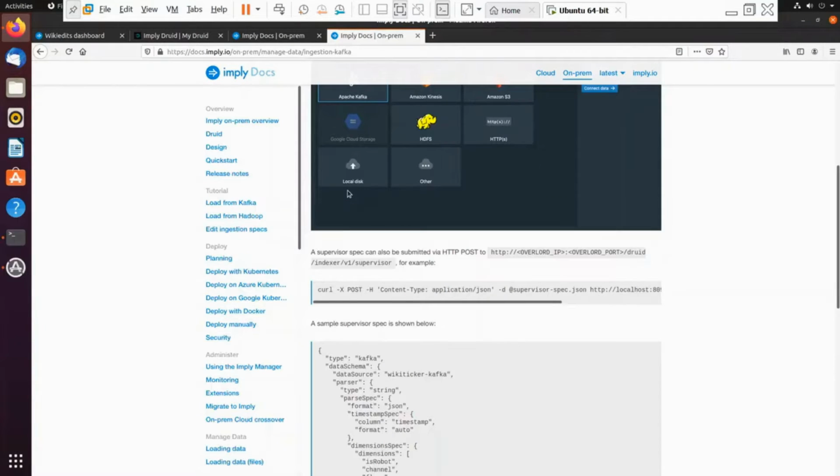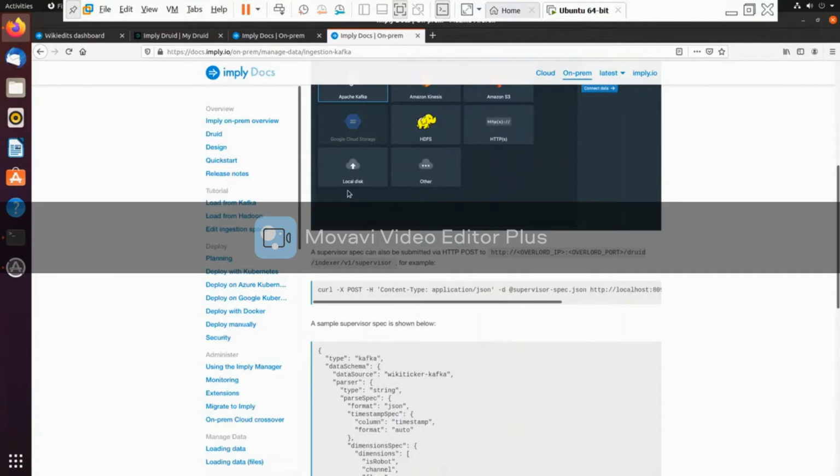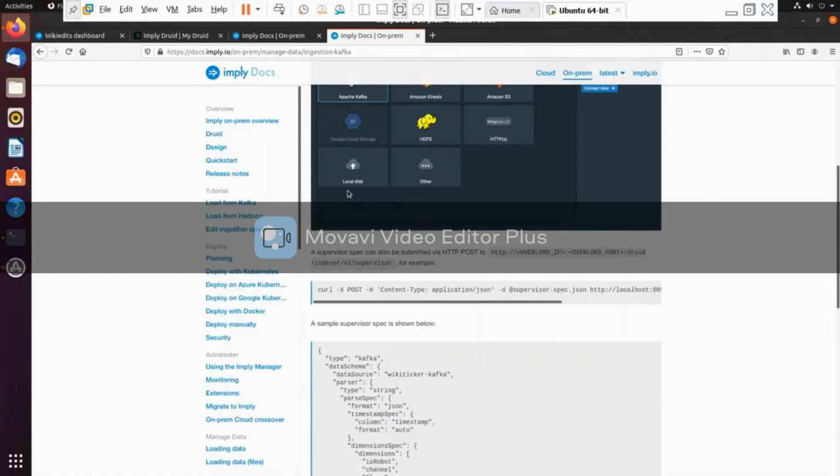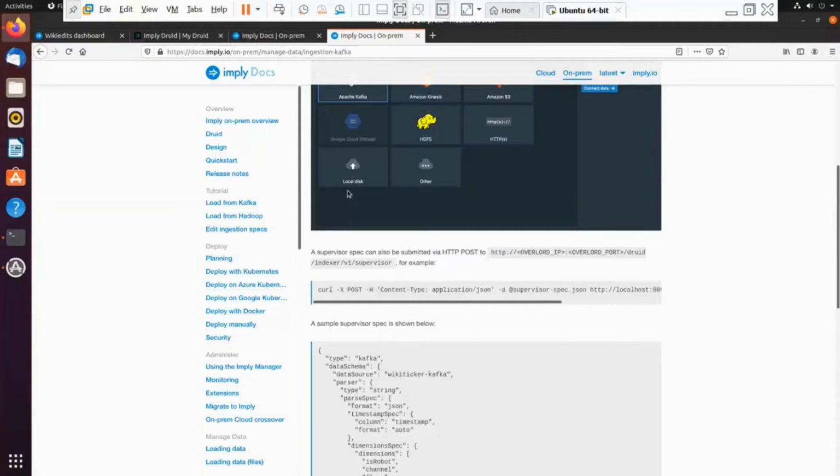This happens in two ways. The first way is batch processing, where data comes in the form of batches and is processed. The second way is stream processing, where the data comes in the form of a stream and then it is processed. When streaming data is input, we use Apache Kafka, which has various capabilities: it is highly scalable, has high throughput, and offers high availability of data. With Kafka, we stream real-time data into our Druid instance.